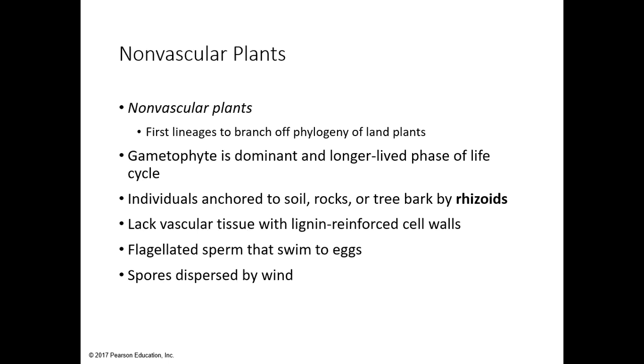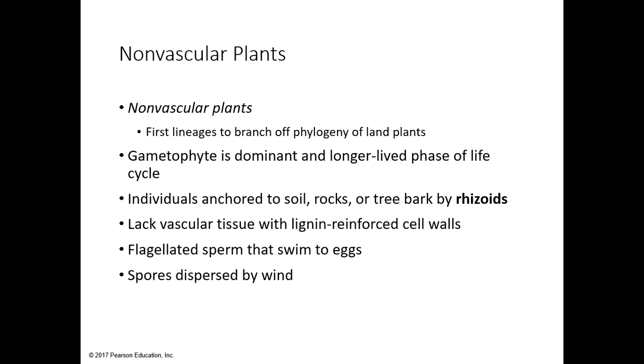Okay. So in terms of the non-vascular plants that you want to recognize, the first lineage to break off of the land plants. In these non-vascular, simple ones like the mosses, remember the gametophyte is the dominant, longer-lived phase. These mosses are anchored to rocks, soils, and tree bark by rhizoids. They lack vascular tissue. They don't have lignin-reinforced cell walls. They don't have tracheids or those elements in there. They have to be near water because they have flagellated sperm that swim to the eggs, and their spores are